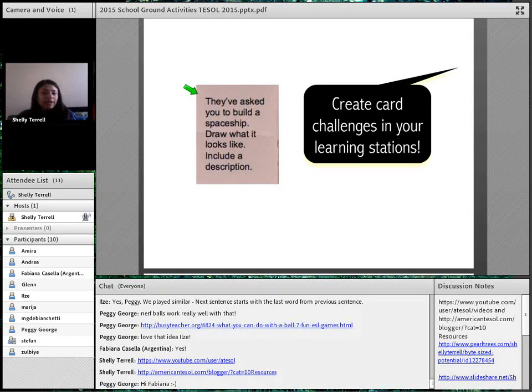One idea is to get cards like this. I made up this card, where you have a card for each station that gives them challenges, and they can get digital badges for completing those challenges, because of course we don't grade what is in the learning station. The learning station is to extend their learning, to give them free opportunity to play and explore, because that is the definition of play. Play is when you have the freedom, and usually outside of grades,